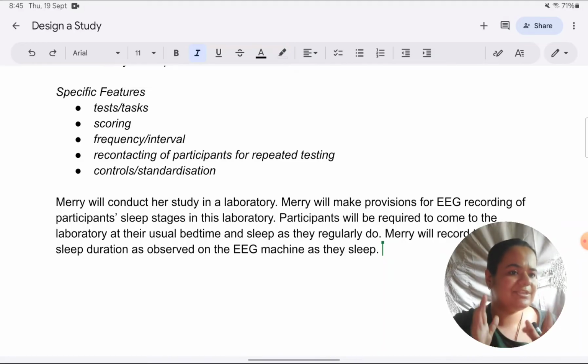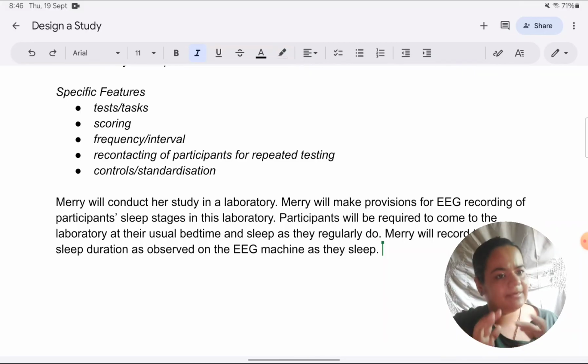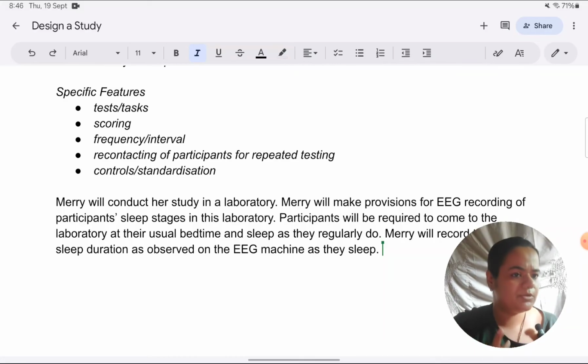Secondly, like I said, just take a judgment of whether some details will be unnecessary, like unnecessarily elongating the answer such that you're not able to write anything else. Here, I feel if I get into how she will attach the electrodes and tie a ponytail and those things, if I want to write it as standardization or control, I can include that. Otherwise, it's just going to make the answer very long and it might make it impossible to complete the paper. So I'm skipping that. This brings me to one more point.